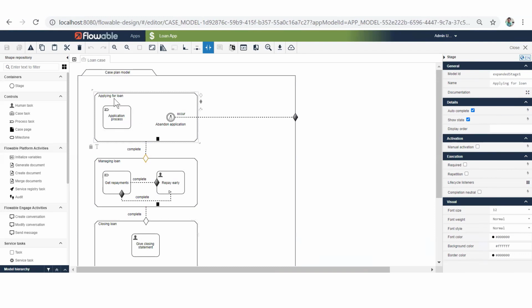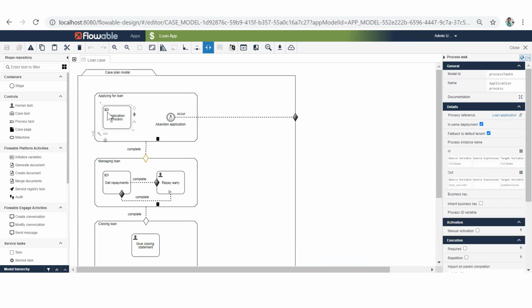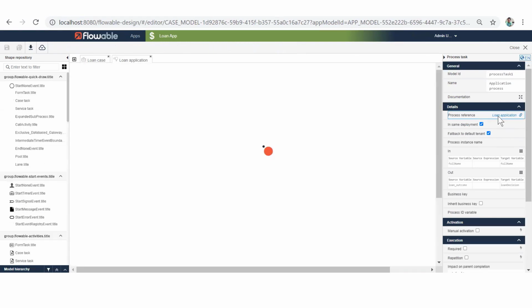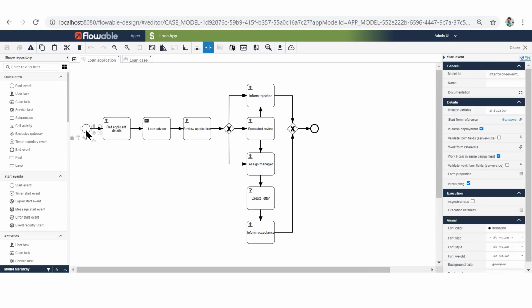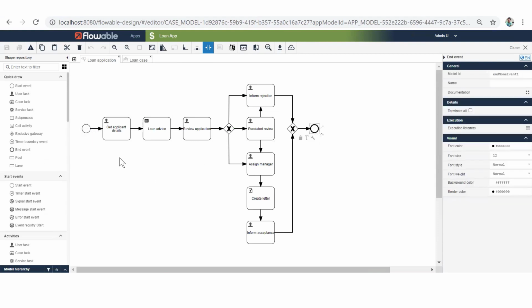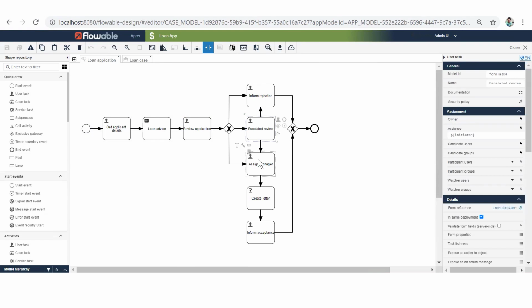Within this first task, when we are applying for a loan, we have this application process. This task is a BPMN task, which you can take from here. There are different tasks also available, but when we use this BPMN task, it means within a case management you can initiate a BPMN process as well. A BPMN process, as I mentioned, is a structured workflow, which means you have a start endpoint and an end endpoint. Between these, your workflow will be designed by a different set of activities. Whatever signs you are seeing, these are the user tasks.